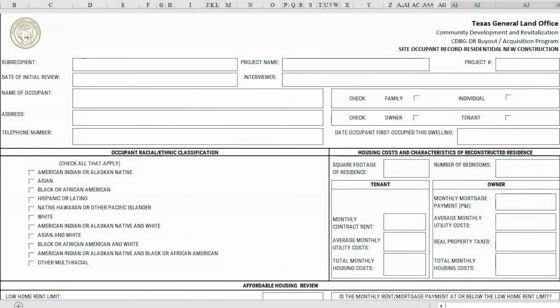To begin, subrecipients should complete the information on the project and interview. First, complete the subrecipient box with the subrecipient name. For project name, subrecipients should input their project title. For example, we have a Rango County Local Buyout Program. Next, subrecipients should input the project number. This is the GLO contract number